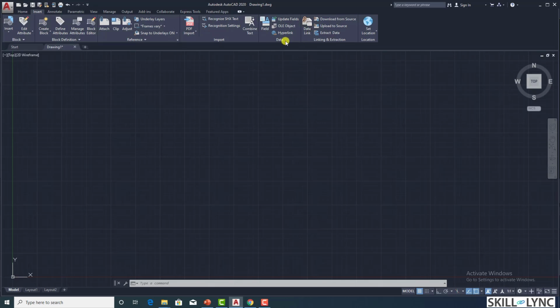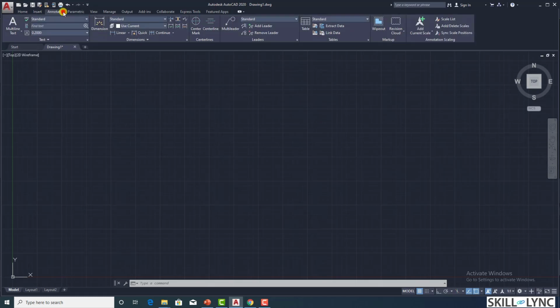If you are taking an external data object and linking to it, parameterizing it, then you can use this. And then linking and extraction of the data that is from your file, linking to another source and so on. And again set your location from where it is. So it's an advanced one, you can still look into it.